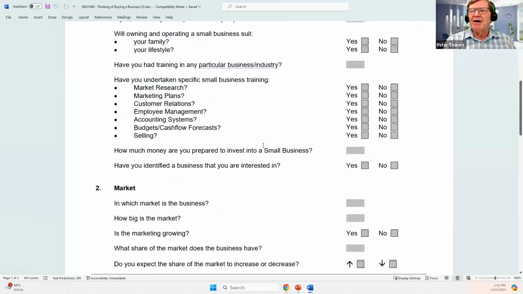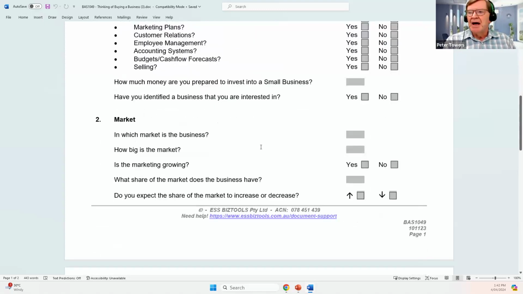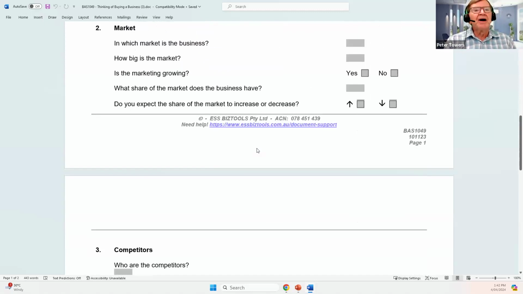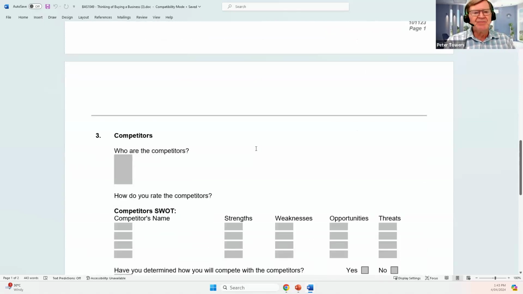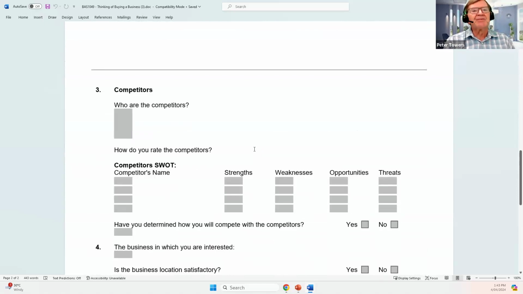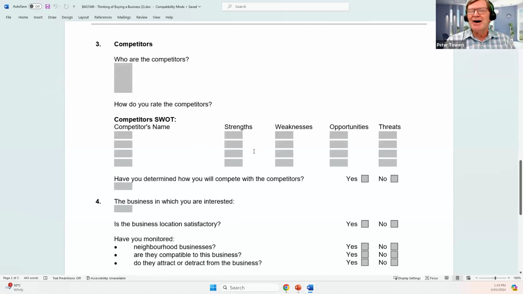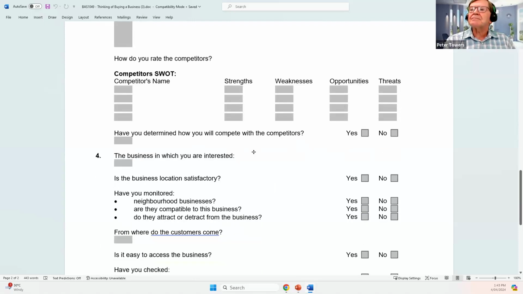I had a client once who'd been a managing director of a very large company, retired to tropical Queensland and bought a supermarket. And he obviously didn't understand the difference between gross profit percentage and markup, because he was doing his markup on gross profit percentages. He was smart enough to know when the bank balance started to go the wrong way that he needed to talk to someone, and he rang me. I went to his business and looked at it, and we soon worked out that's what he was doing. And he said to me, this has always been done by accountants in the past for me. So that was a bit of an advertisement for what accountants could do to help businesses.